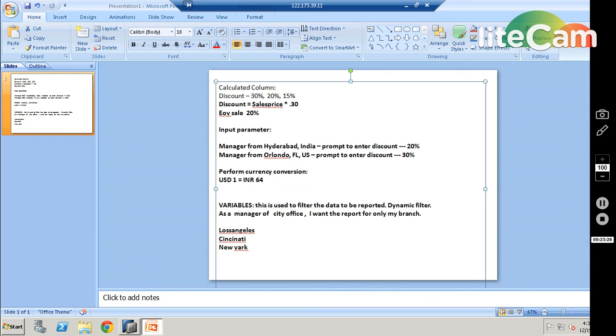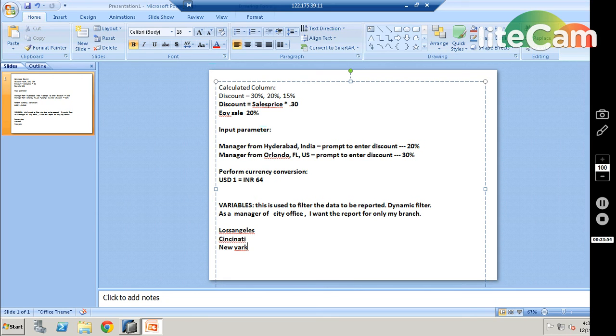So you give the privilege to the end user so that he can enter the city name. As soon as the person enters the city name, it is going to filter the data and get the data only for that particular city. For this reason, we can use variables in analytic views.